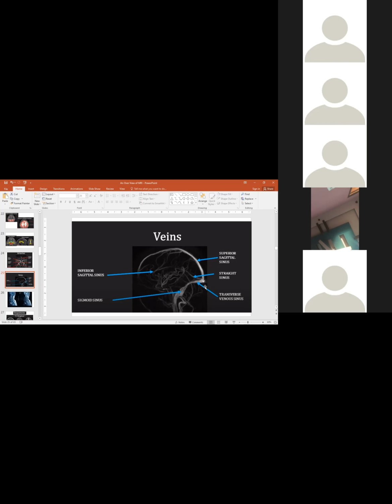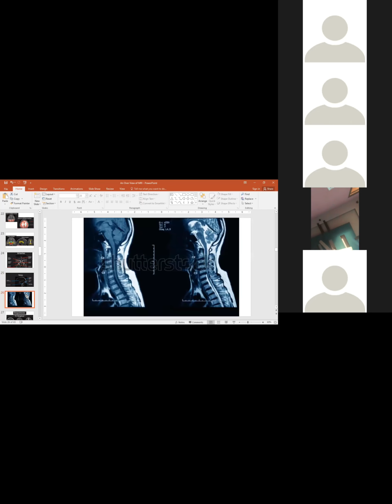The arteries we study on MRA, and the veins are seen on MRV. We call it magnetic resonance venography. This is the sigmoid sinus. We were talking about what is called T2. There is a sequence. In a sequence, we acquire images, and we call those images